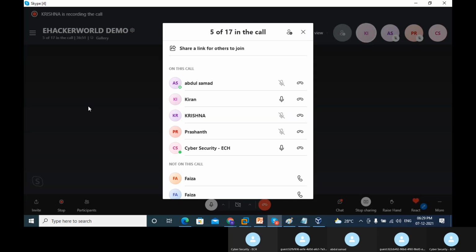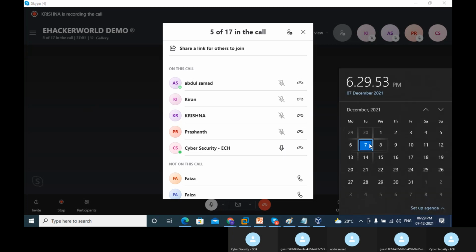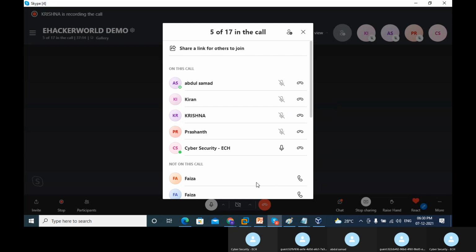And when are the classes going to start? From which date? Mostly they're planning for, I believe, next week, in the middle of this week or the first week of next. If everything is done, by Friday at most, if you guys can take a decision and get back to them, we can start from Monday. And if you choose to attend offline classes, where do we need to come? Lakdi Ka Pul or Dilsukhnagar? Lakdi Ka Pul. Okay.